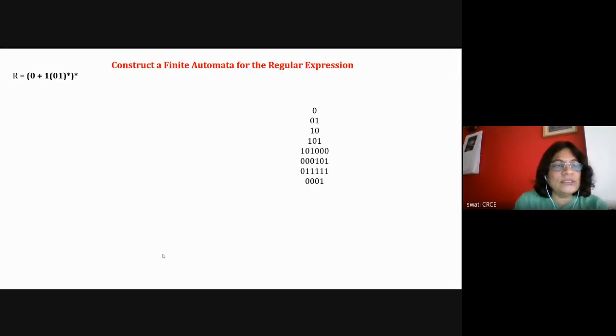So we know this is a particular type of regular expression, and if we have to draw it, they are not specifying NFA or DFA. They are not even saying anything about minimization. So you just have to draw the FA diagram, identify the machine and write the final answer. For this particular regular expression, I'm writing the strings which are acceptable by this machine.